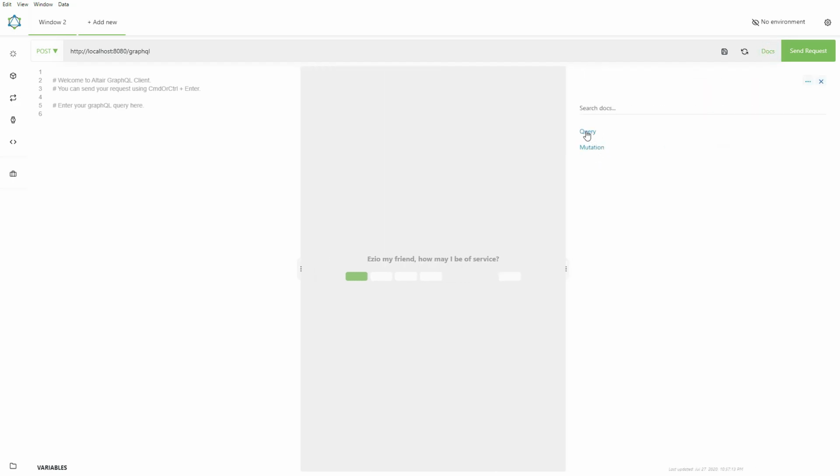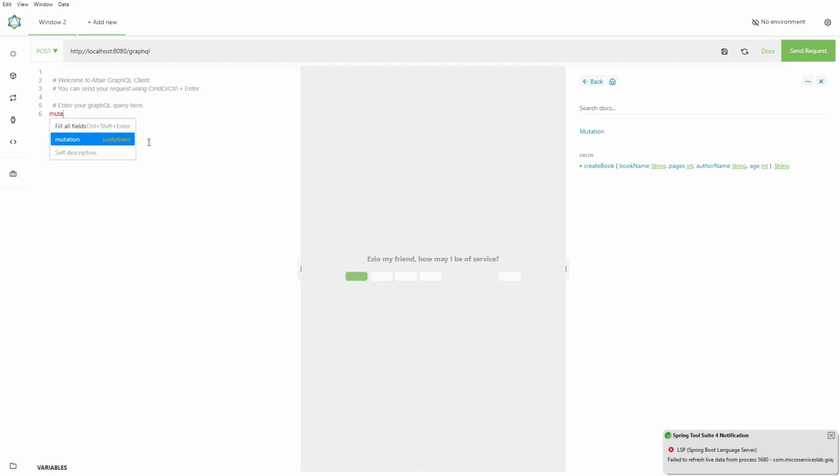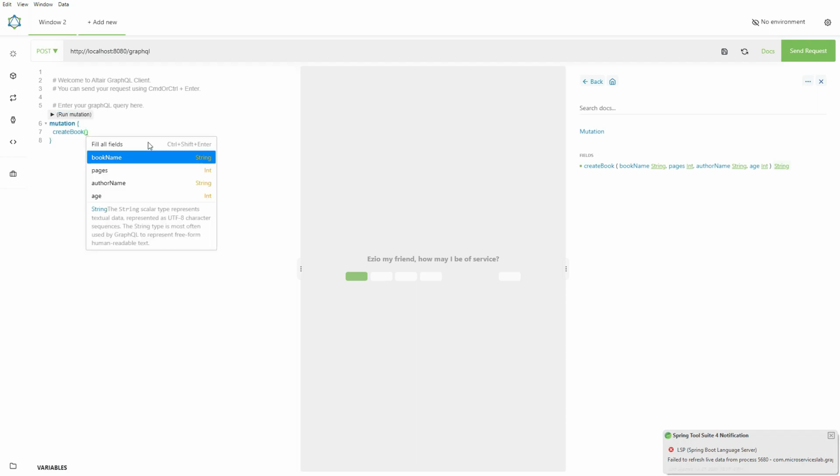So we have these queries and this mutation. Our database is actually empty, so in order to query the nested object, first we have to insert some data. Let us use this mutation first to insert some data. I will write the mutation, createBook, and it takes a few arguments.